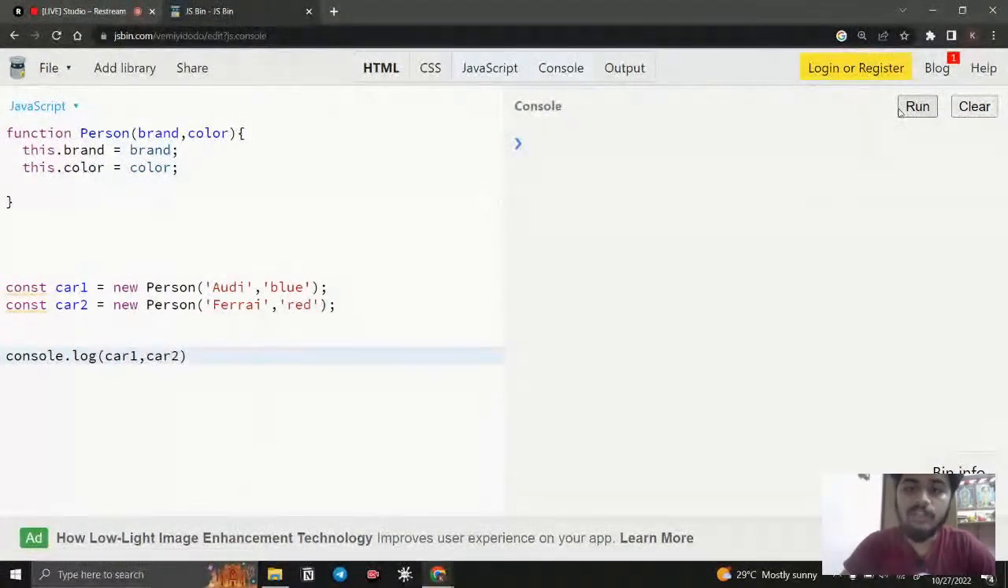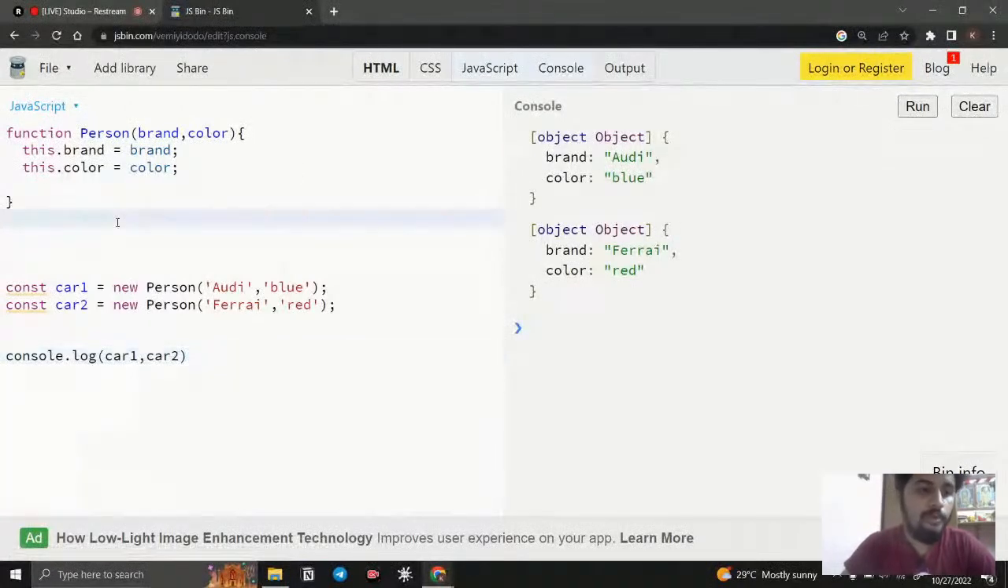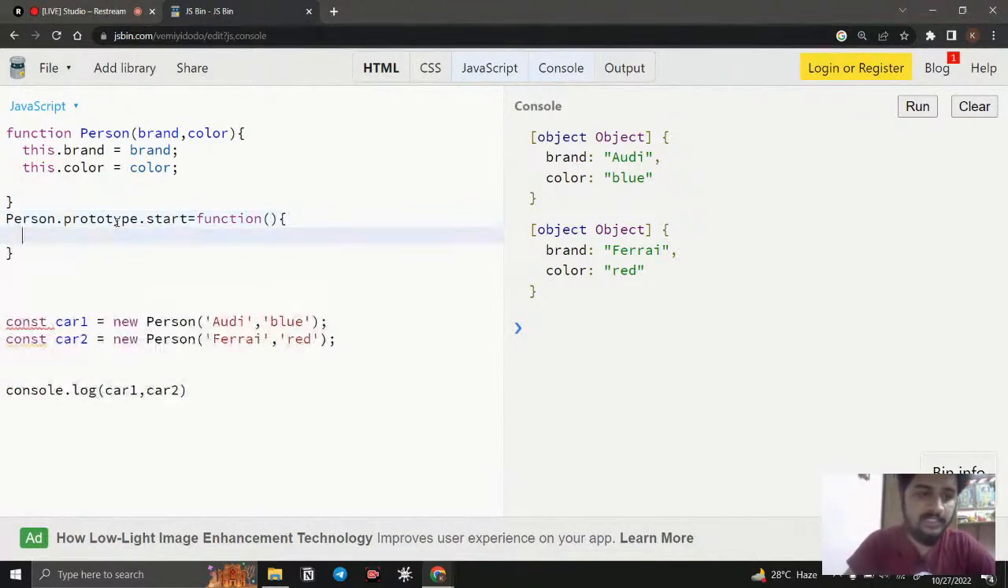You can add that function to the prototype. How can we do it? First, you need to call the Person, and you say prototype dot, and here you tell what function you need to add. I need to add the start function, and that function is going to return